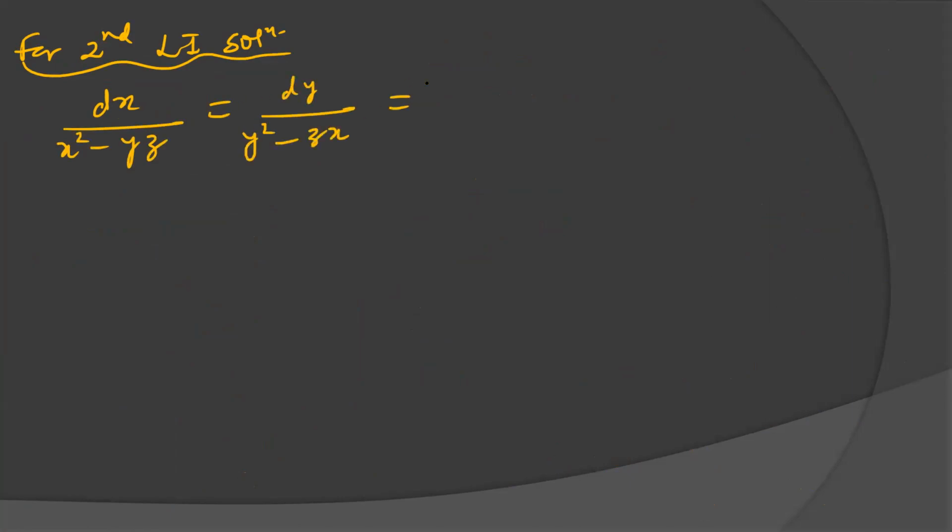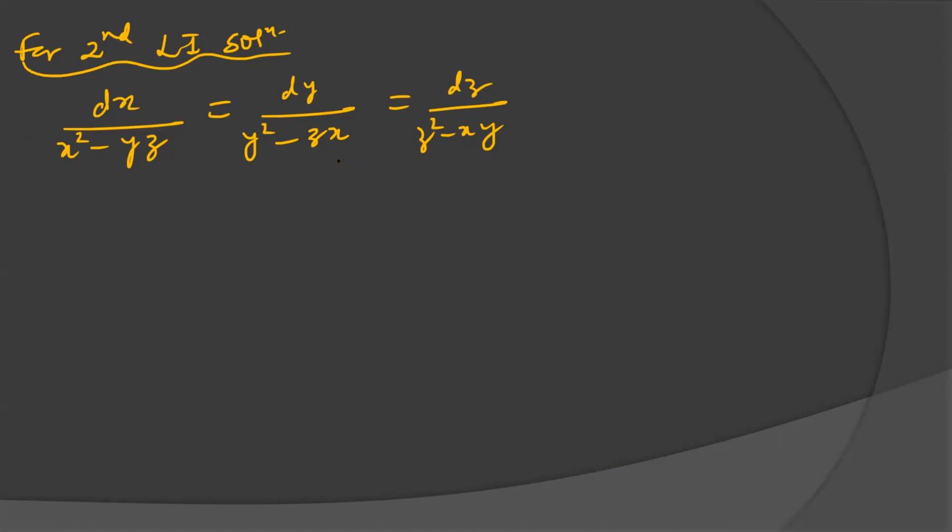For the second solution, we will write it again: dx over x square minus yz, dy over y square minus zx, dz over z square minus xy. The method is very simple. If we multiply x here, we get x cube minus xyz. Multiplying here by y gives y cube minus xyz, and z cube minus xyz. If we add, it looks like x cube plus y cube plus z cube minus 3xyz. And this is the formula for